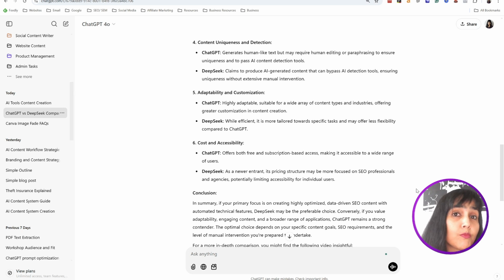And you can do a lot more with ChatGPT. But in terms of Deepseek, there are a few things it can do well. I've tried it for a couple of different ideas as well. It's doing well, but I really have to explore more to see whether it is really suitable for all kinds of industries and all kinds of clients.